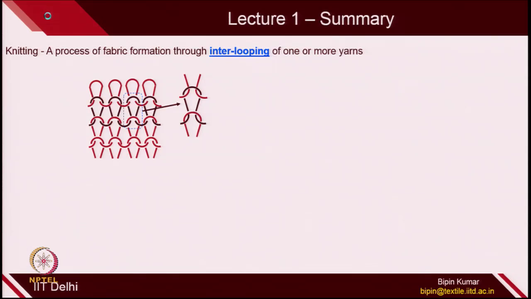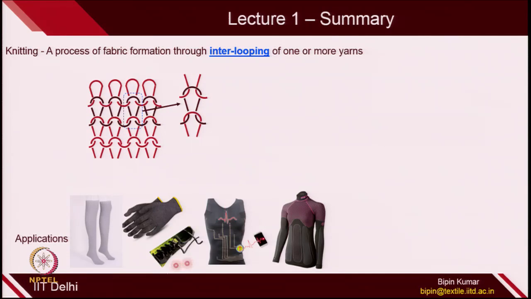In the previous lecture you might have understood the basic definitions of knitting. We talked about the knitting process, which is just the interlooping of one or more yarns. So you can have the knitted structure here. You can see these loops which are interconnected with the top loop and bottom loop. We understood this process well in the last lecture. We also talked about the application potential of knitted fabrics. It can be used in hosiery, gloves, undergarments, in smart textiles, in sports, in shoes and many other technical applications.